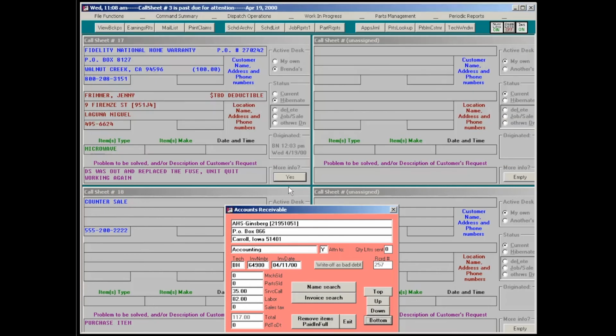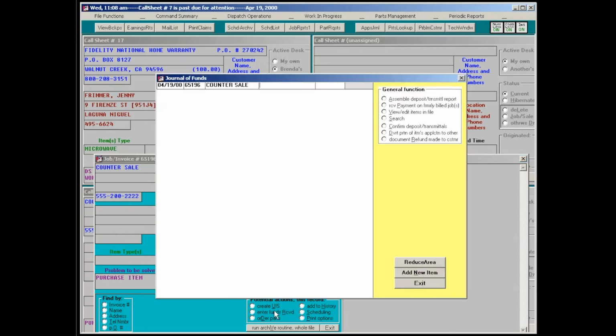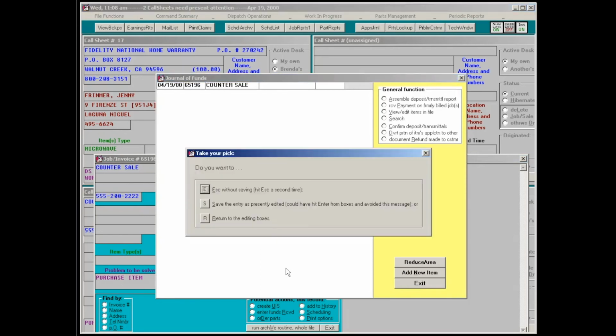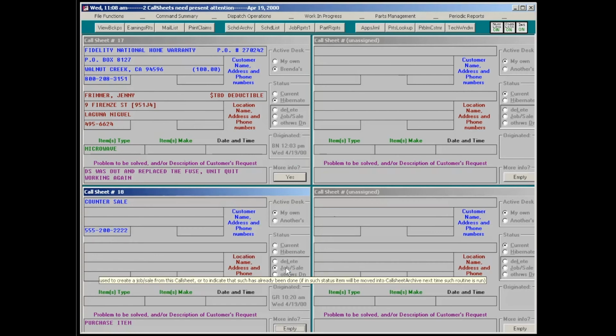Although they can come in alternatively, I might just mention quickly. Let's suppose somebody brings in a check on a pending job, and you're not making a post-action report on it. You can just come right here to enter funds received and do it that way and escape out of here. But most typically it'll be through the post-action report,